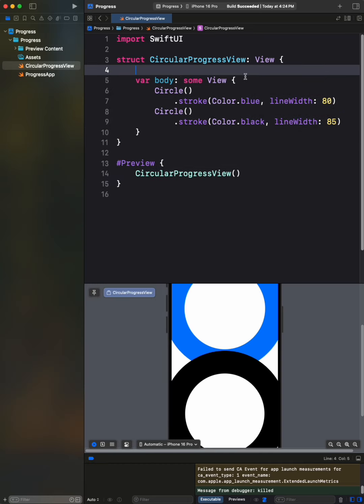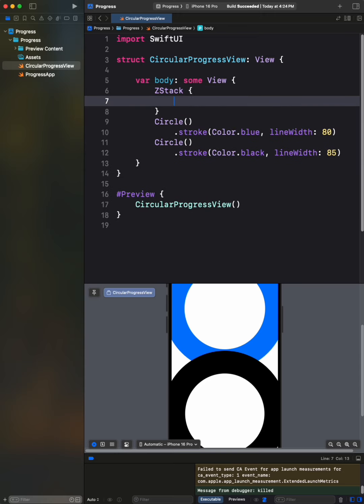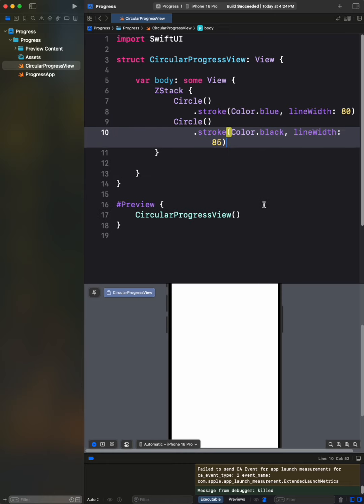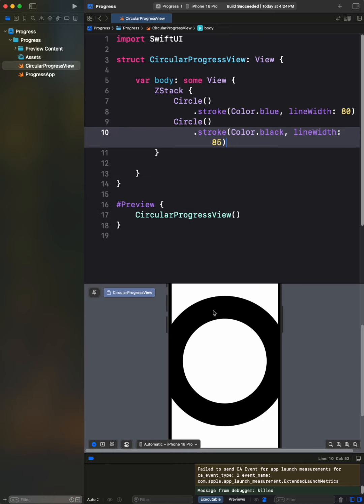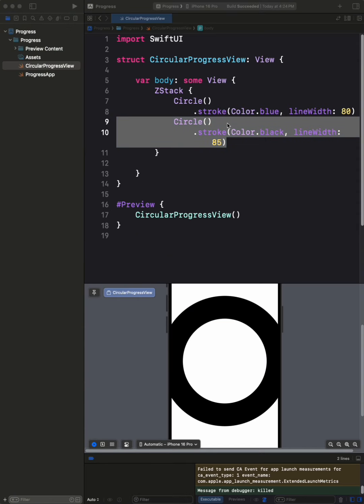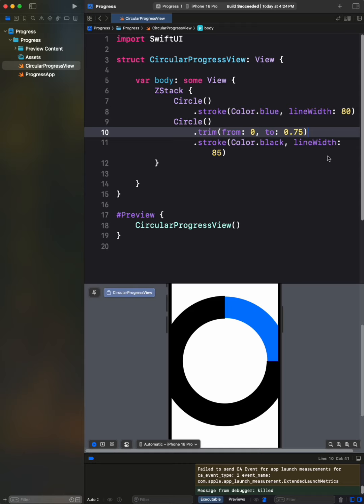To make the difference a little bit more clear, I'm making the actual progress bar's line width a little bit larger. So the next thing is, right now we can see that the progress view and the progress bar are one on top of the other in a V-stack kind of situation. We're going to put that into a Z-stack so they're right one on top of the other. And so if I comment out the progress bar itself, you can see that the progress view is still there. All right, so we're going to put those two things back in,